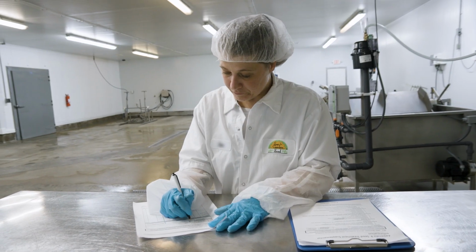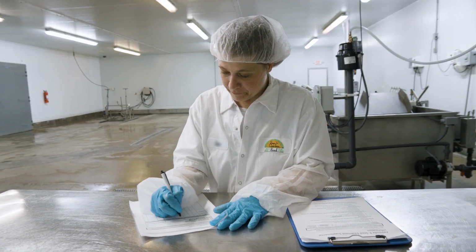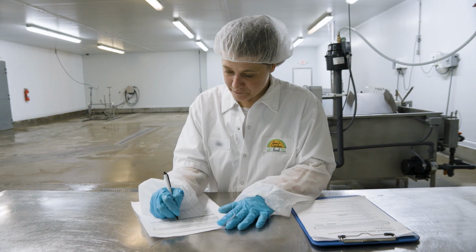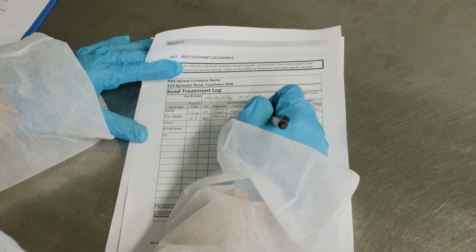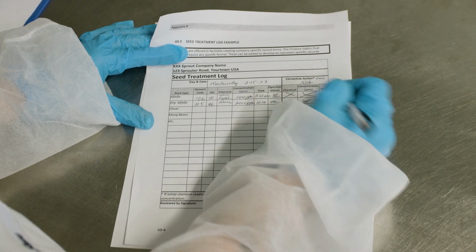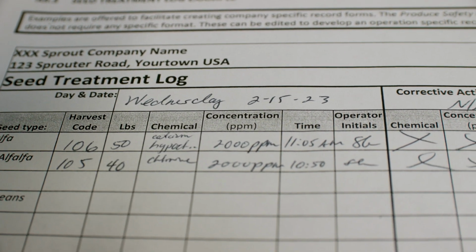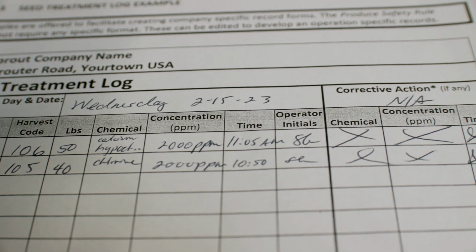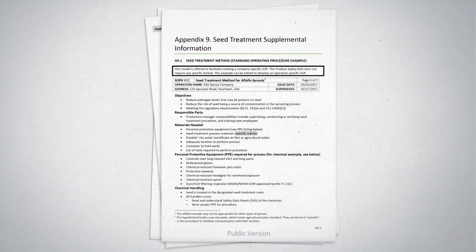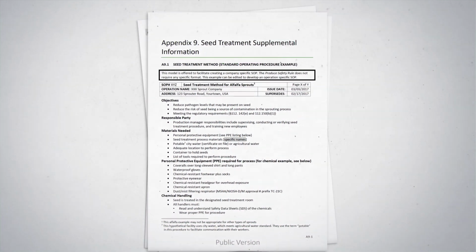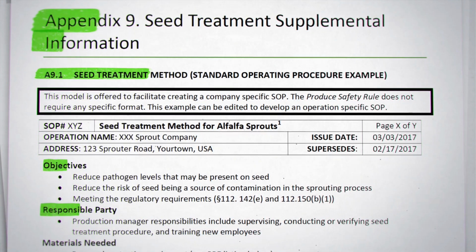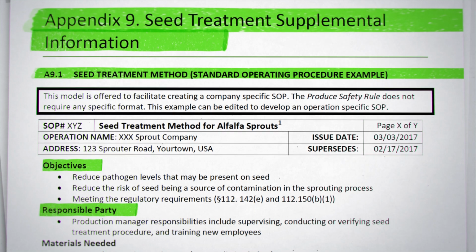Sprout growers are required to establish and keep documentation of their treatment of seeds or beans, or alternatively, documentation such as certificate of conformance that indicates that seeds were previously treated according to the Produce Safety Rule requirements. To ensure seed treatments are consistently applied correctly, sprout growers should also develop a written seed treatment standard operating procedure,